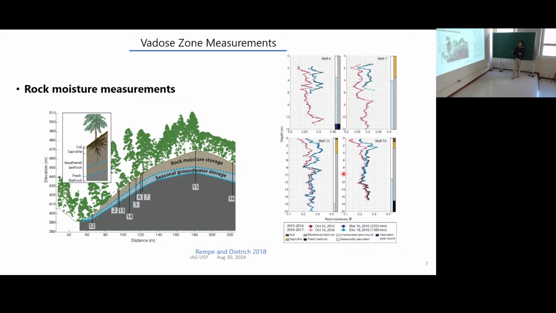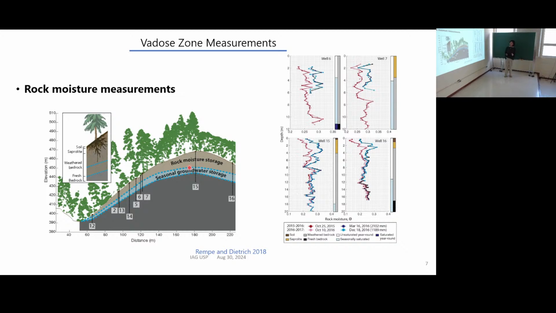Then I want to come back to this so-called rock moisture. As I emphasized, this is our focused research area for now. If we think about soil moisture, this is a very shallow top surface layer. But the rock moisture is broadly defined; you can think of it as any water content stored in the weathered rock. It can be from saprolite all the way to the beginning of the